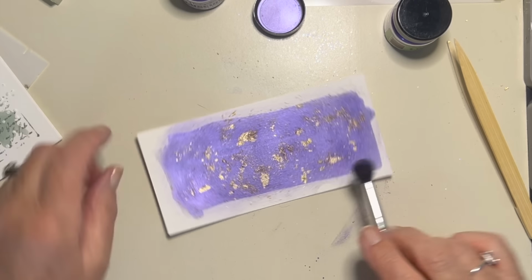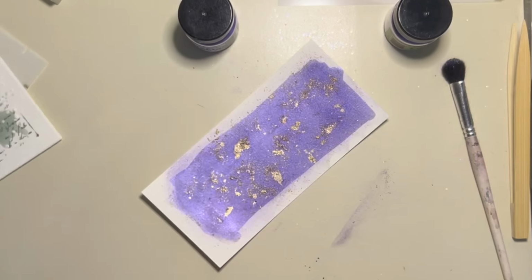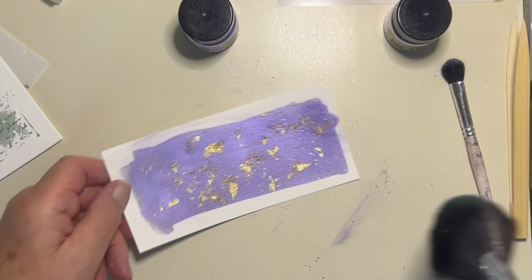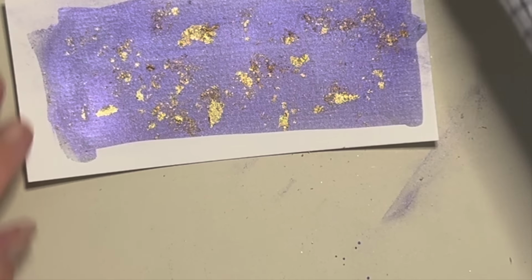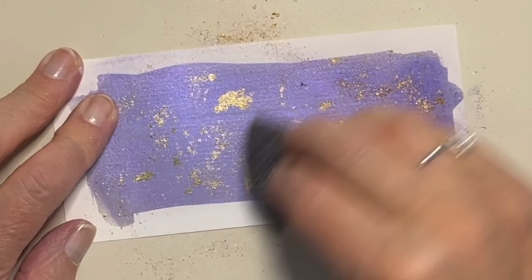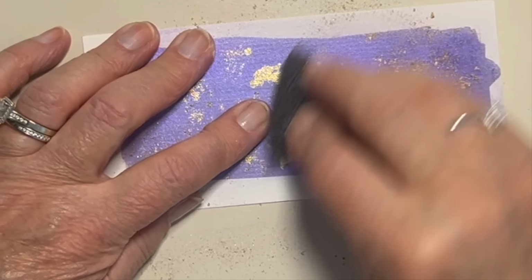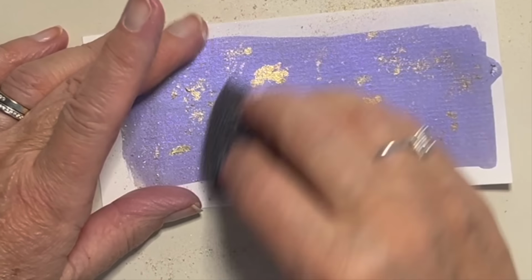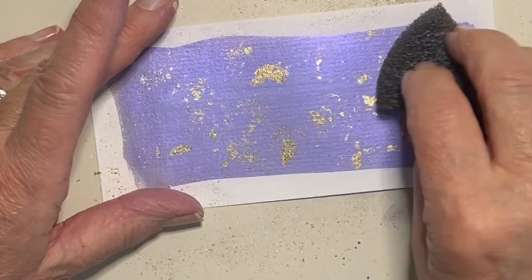Right, I'm just going to wipe the rest of this off into the bin. It's very little left, but I'll just wash it into the bin. And now I'm going to burnish that with my scoochie. You can use a brush, you can use a dish sponge, but these things are the best I've found, and they're made by IndigoBlu. Absolutely beautiful. Now look at that, isn't that gorgeous? What a lovely, lovely